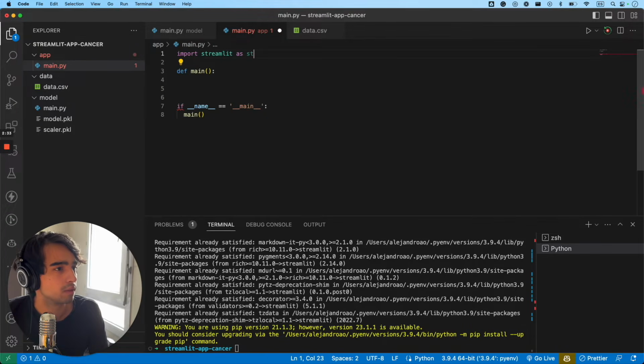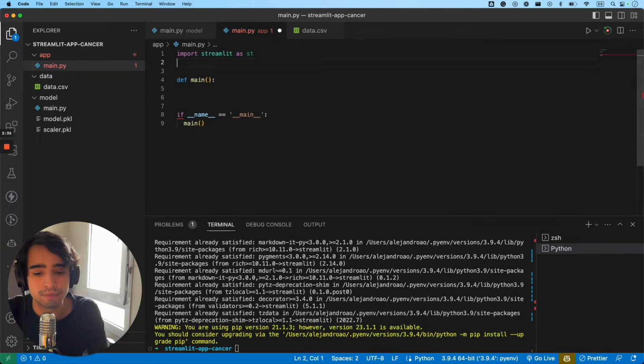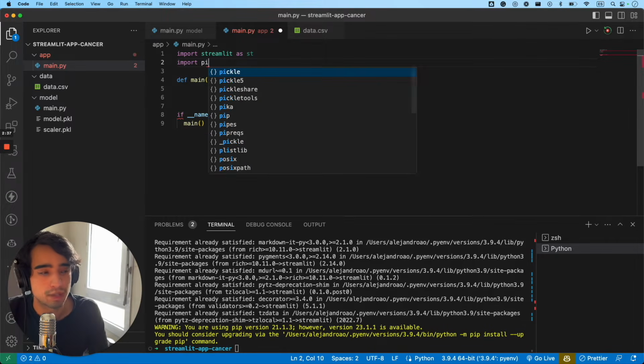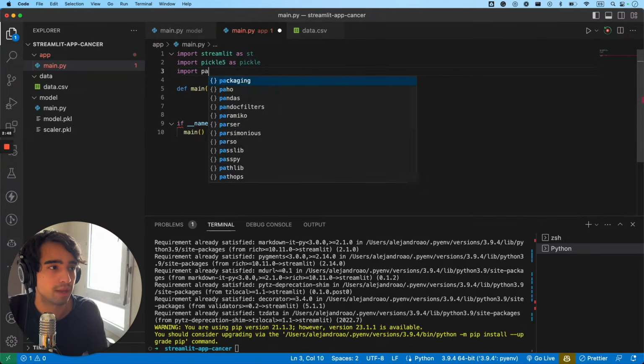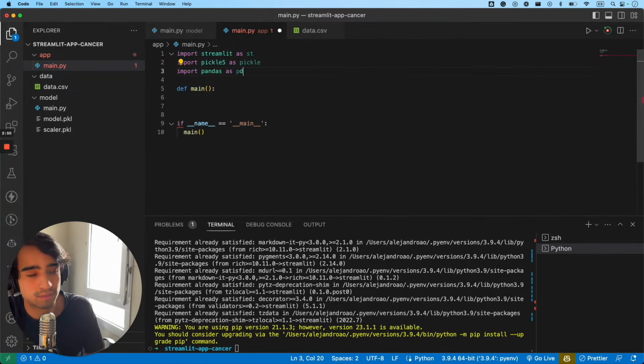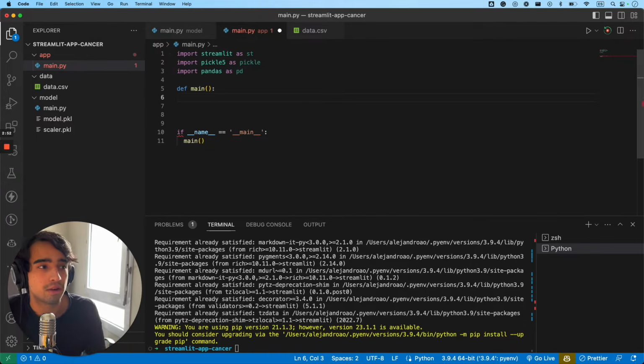What is going on here? That's st. There you go. Then we're going to do import pickle5 as pickle, in order to actually import our model and scalar. And we're going to import pandas as pd as well, in case we need it. So there we go. So in our main function, the first thing that we are going to do is set the page configuration for our